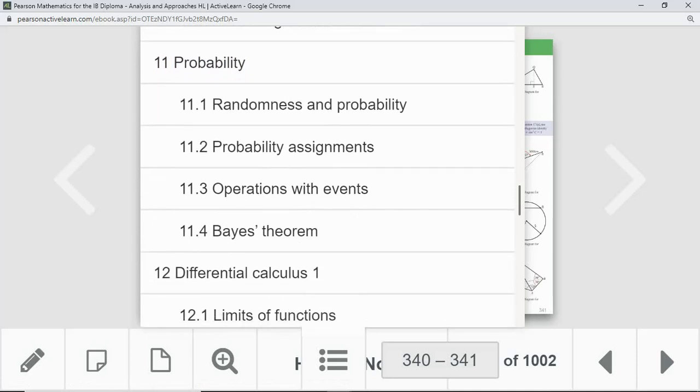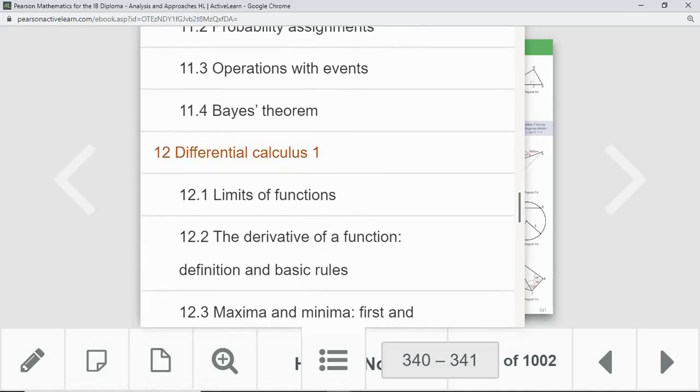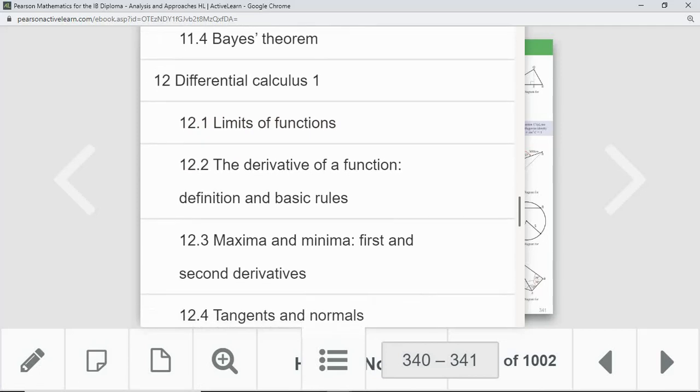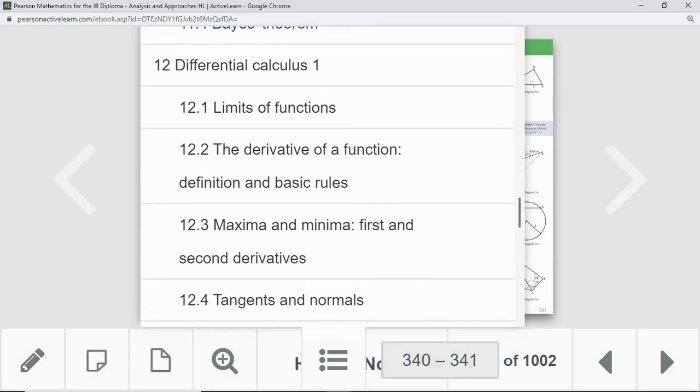What we will continue with, and which will be the topic of this video, is differential calculus. And we're going to start talking today about limits of functions. So that's going to be the topic of this video. But let's keep scrolling down so you see what other content we would have to cover this coming year. So hopefully we will be able to cover differential calculus 1,